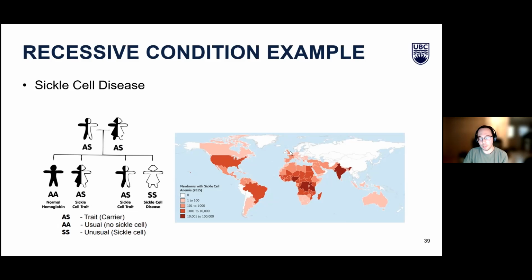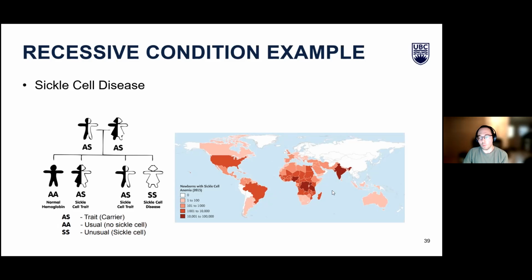This map is showing the prevalence of sickle cell anemia from sickle cell disease in the world. As you can see, there's quite a lot of sickle cell anemia within Africa and Southeast Asia. There's also higher prevalence in the United States and parts of South America as well. This is actually quite an interesting